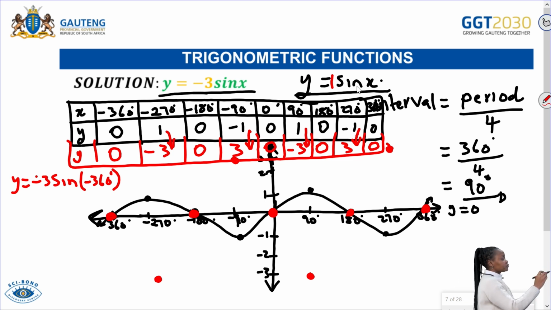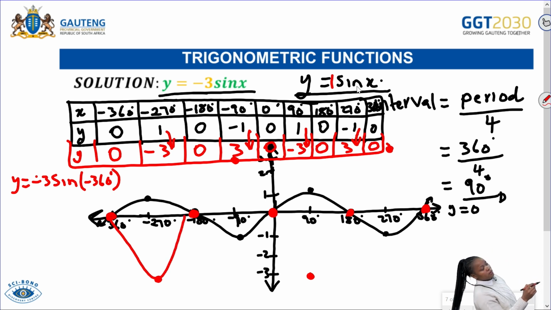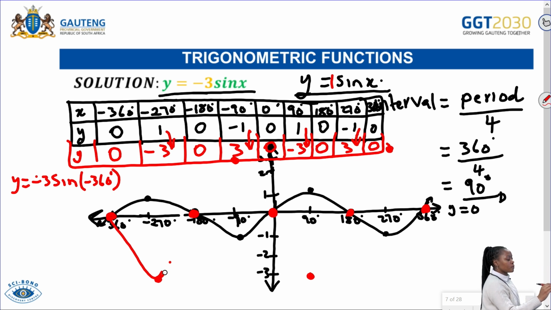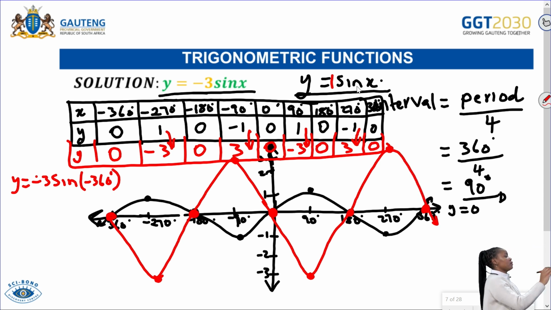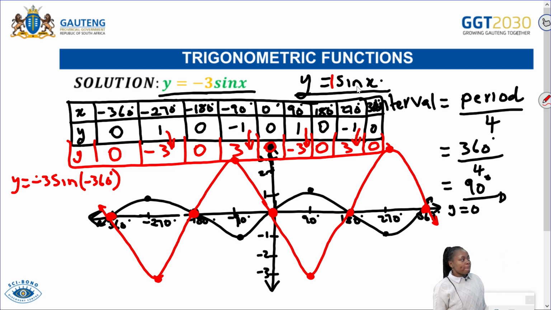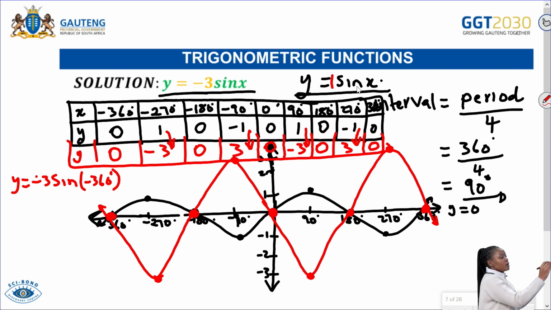You just join your points. Okay, so it's going to go like that. You see, I don't have to cook anything. I just connect the points and my shape comes out as it's supposed to be. So you will notice that your graph has stretched how many units upwards? The first one,